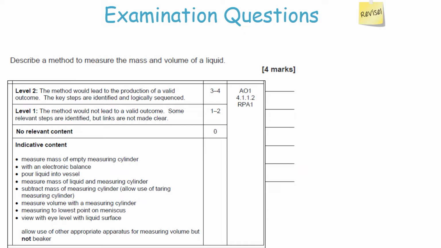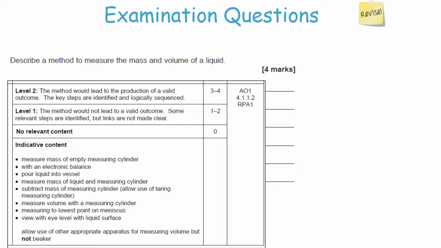mass of an empty measuring cylinder or empty beaker using an electronic balance. It's always important to know that you measure mass with a balance. You would then pour the liquid into your measuring cylinder or your beaker. You would then measure the mass of the liquid and the vessel, and then you would subtract the mass of the vessel. Or what you could do is place the measuring cylinder or beaker on the balance and then zero it. Okay, then you would measure the volume with the measuring cylinder or beaker by reading on the